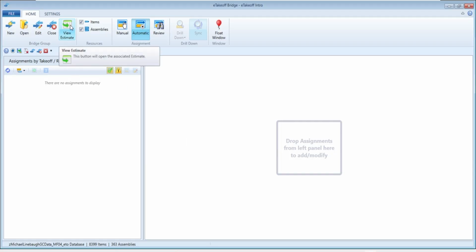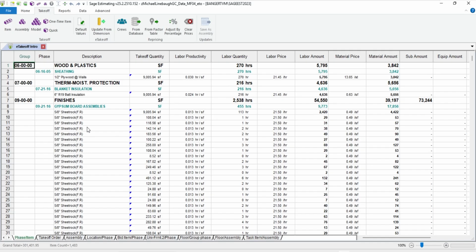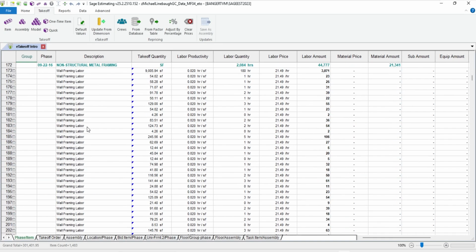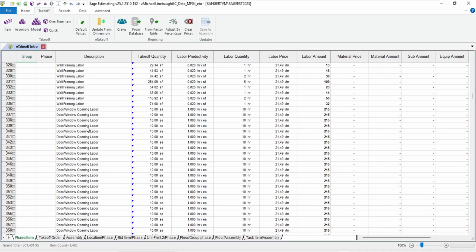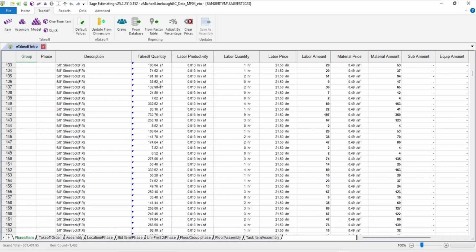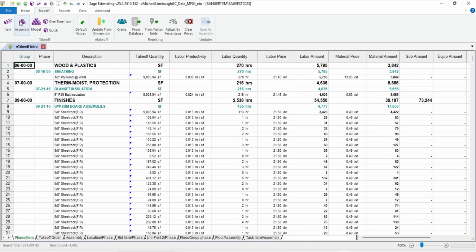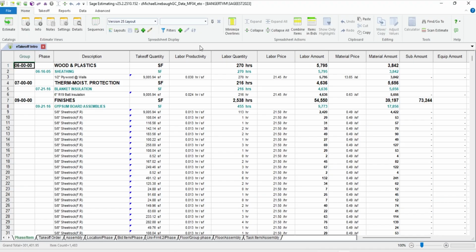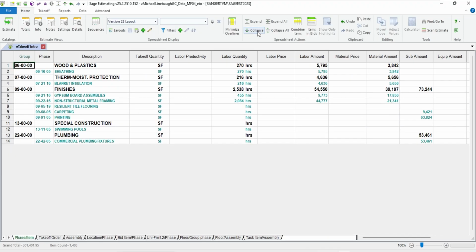So if I go from here over to my estimate, here's the estimate and all the different detail of whatever product. A lot of my sheetrock or labor, whatever the things are, already have my quantities, and I could just start updating productivities, number of hours, things of that nature. If you think about it, this is all broken into CSI divisions, which is the way the database is organized. So if I collapse, what I've got is some sheathing probably for that exterior wall, some insulation for the exterior wall, and some of the different products for my walls and my swimming pools that we did earlier, and all my plumbing fixtures, all organized by the CSI divisions.